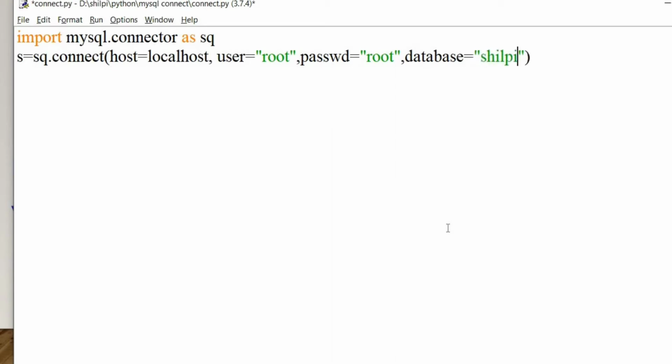By this method we can connect the SQL database. So basically this method can be used to connect MySQL and Python.